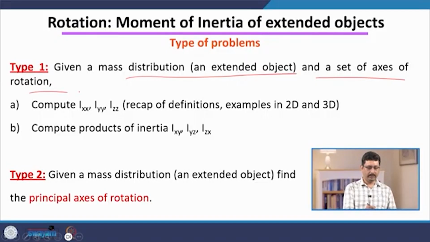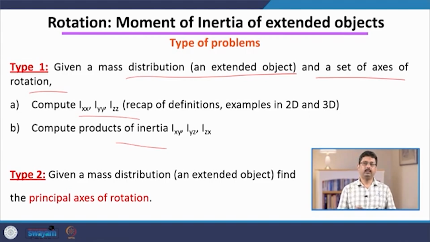is to be able to solve two kinds of problems. So far, in the previous week we discussed the first type of problem, which is that given a mass distribution of an extended object and a set of axes of rotation, compute different components of moment of inertia with respect to the x axis, y axis, z axis, which give you how much is the spread of the mass distribution about those axes of rotation. And the second is to compute the products of inertia, which we considered in the previous lecture, and